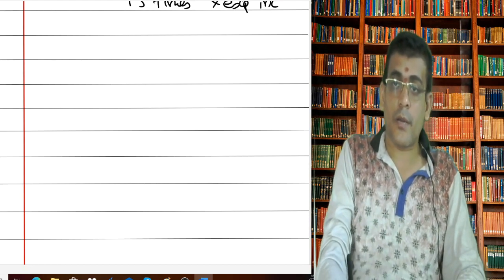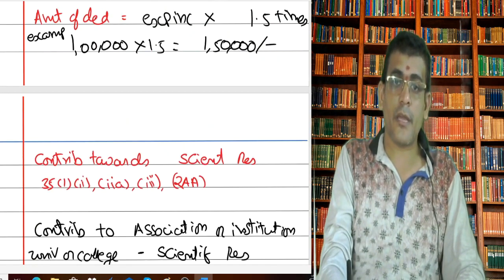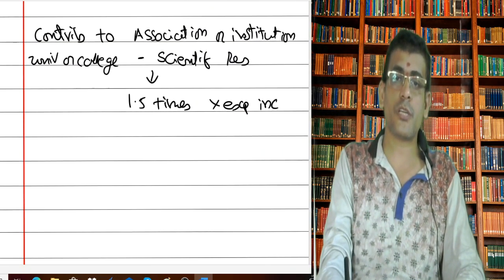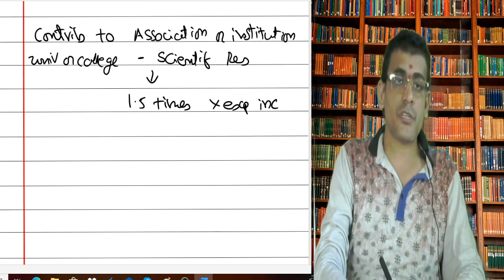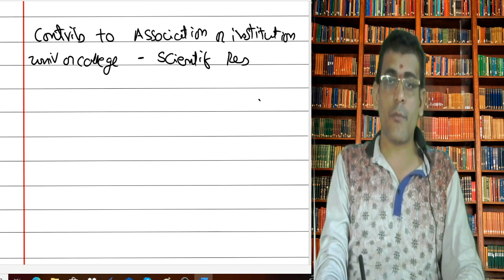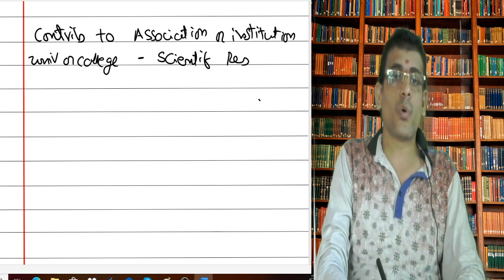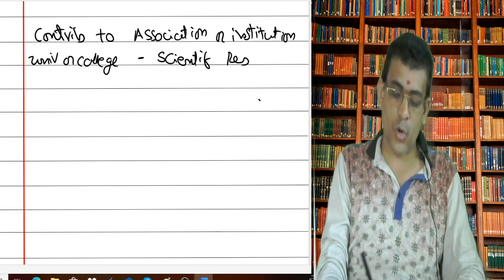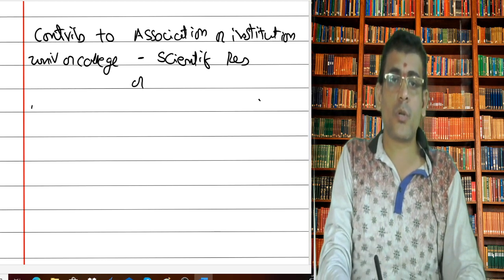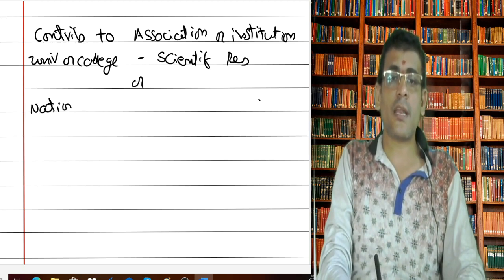Here, or to put it differently, any sort of contributions to a university, college or association which is doing scientific research. And let me also add one more thing here, then I will give you the amount of deduction. So the other one is what? You are making a contribution to something called a national laboratory.